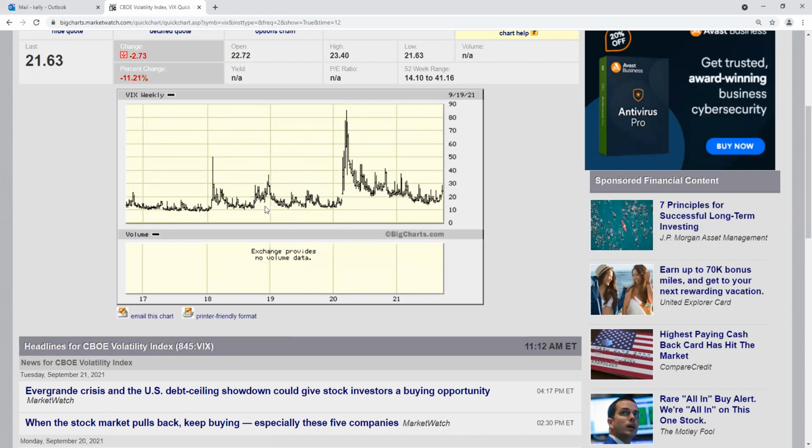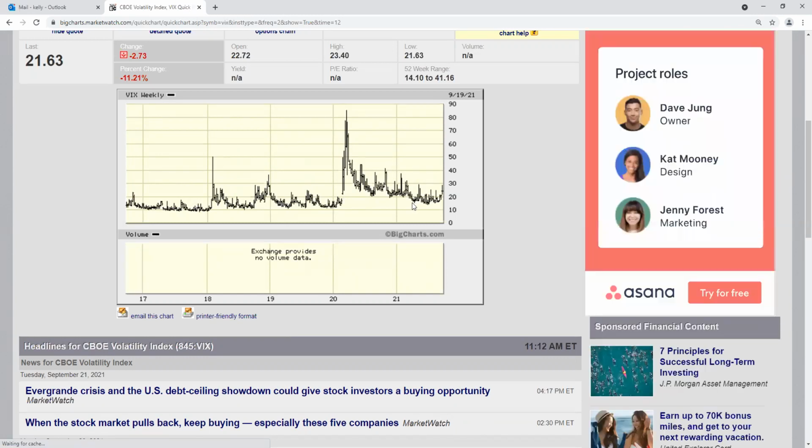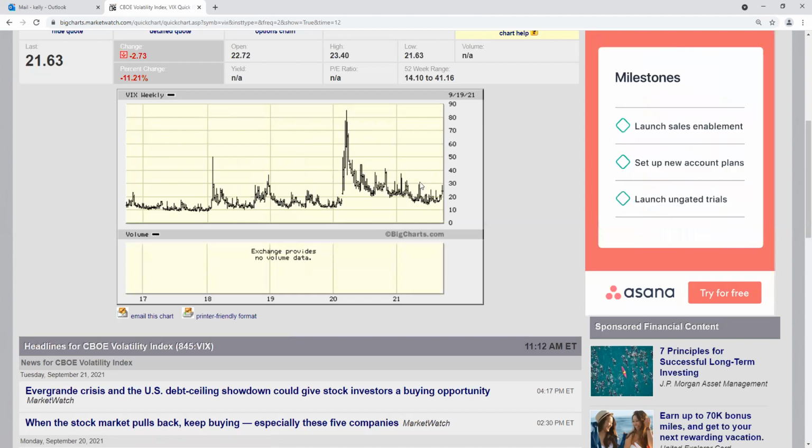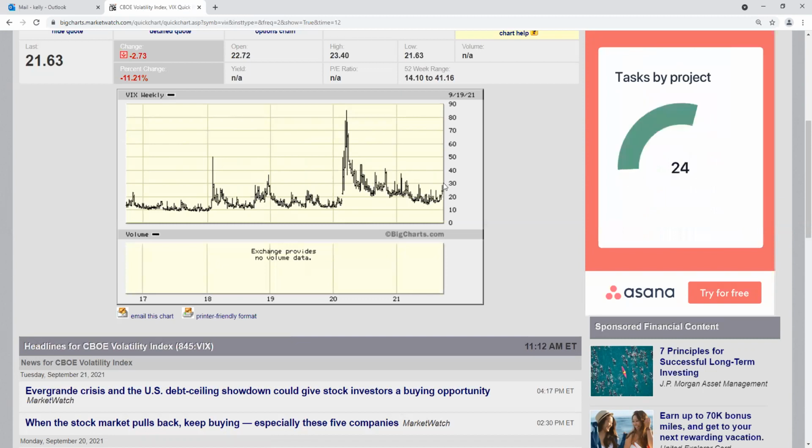Okay, so again, as long as the VIX is trading between 10 and 20, even 10 and 15 is ideal, but 10 and 20 is still okay for a market to remain positive. If you break above the 20 number, then of course it can be a little bit more dangerous. But again, right now, this looks a lot like May so far, where you had a spike up and then the market got bullish, and now the market is trying to get bullish.